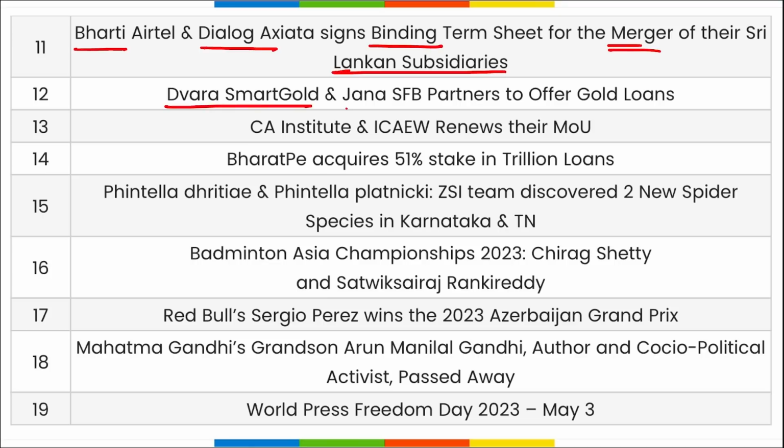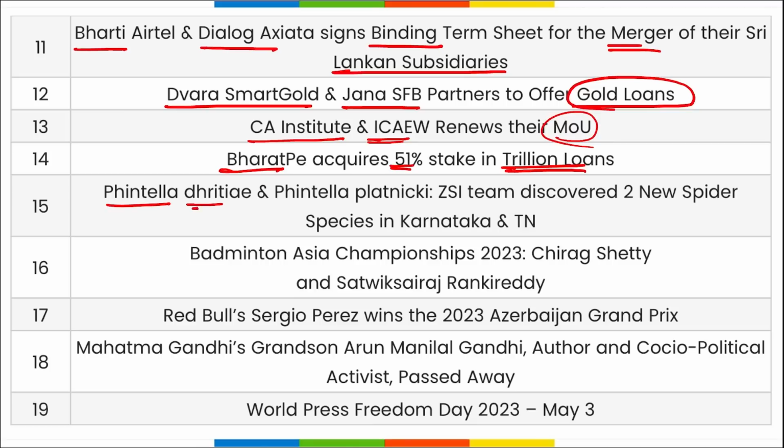Dwara Smart Gold and Jana Small Finance Bank partnered to offer gold loans. CA Institute and ICAEW have renewed their memorandum of understanding. BharatPe acquired a 51% stake in Trillion Loans. Fintella dhirdate and Fintella plantiniki are the two new species of spiders that were discovered in Karnataka and